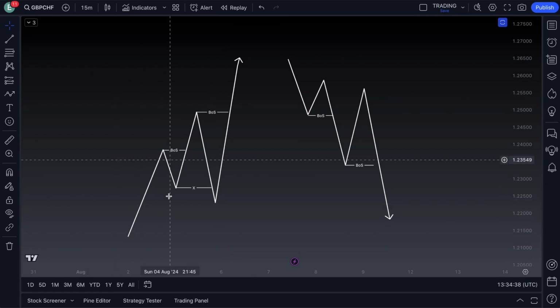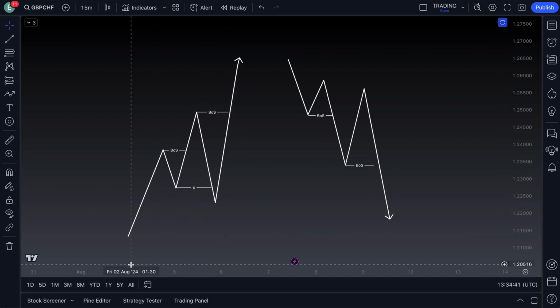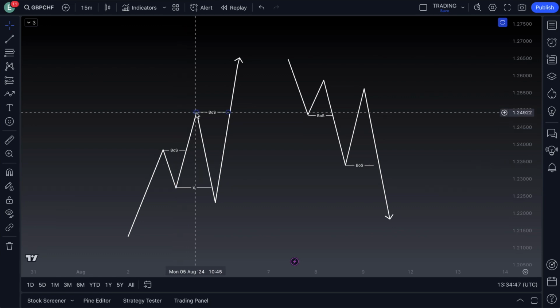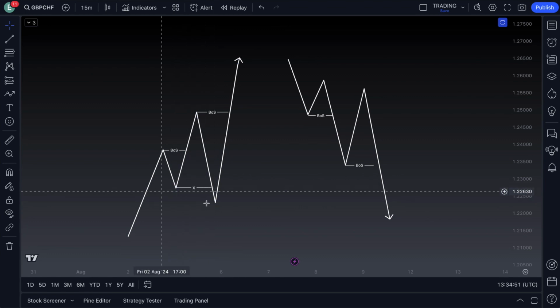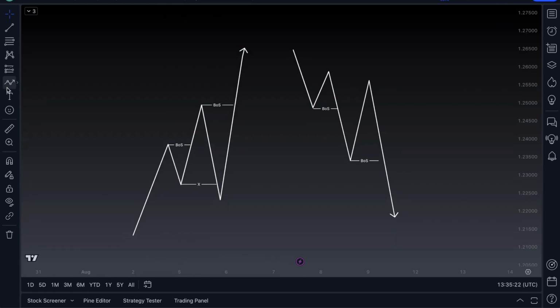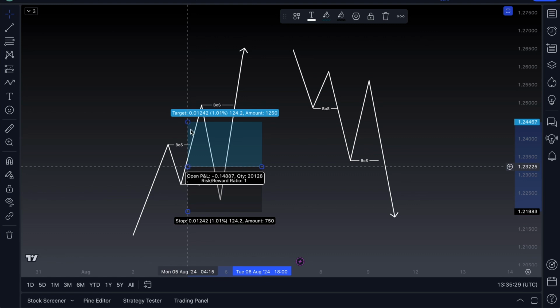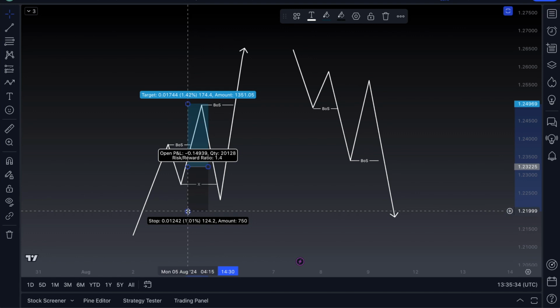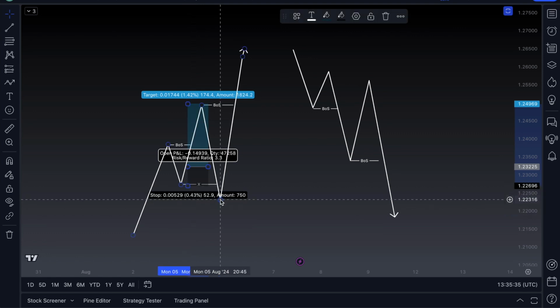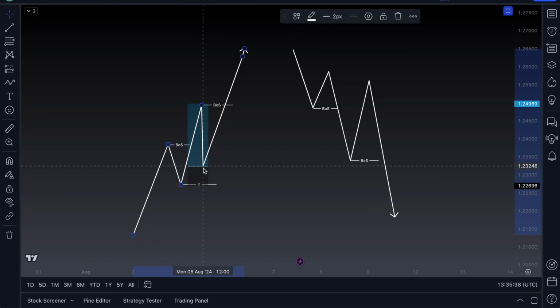So this is an example of a bullish trend. We've been creating higher highs and higher lows, higher high, and then what's happened here? We've come down, we've swept out this low, and we've expanded on. Now what this means is people that were buying this market would have been entering it. They would have had their stop losses just below the low, and they would have been expecting price to tap them in and continue off like this. But that is not what happened, because that's not how the market solely moves.